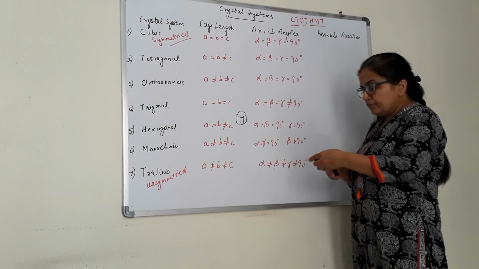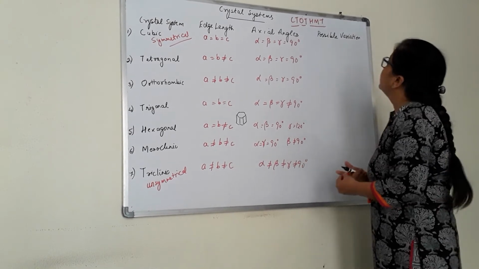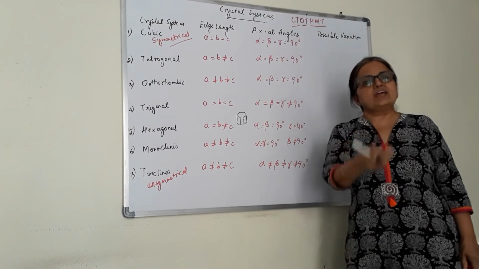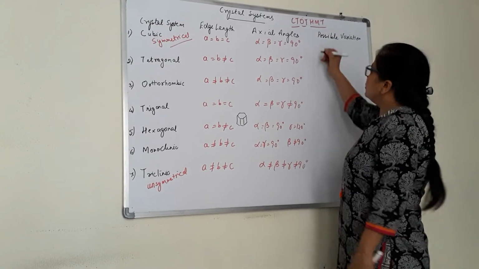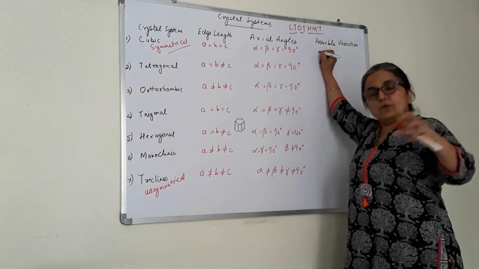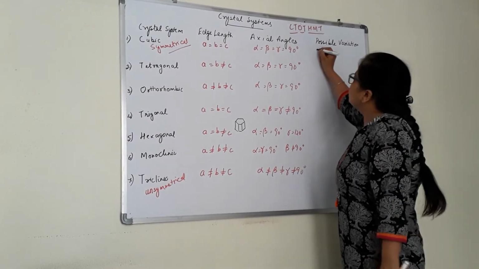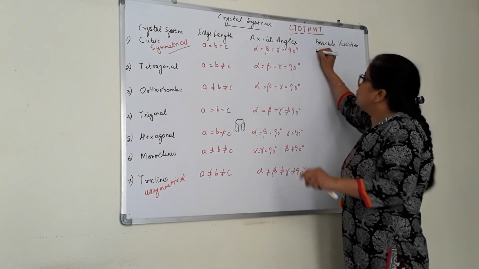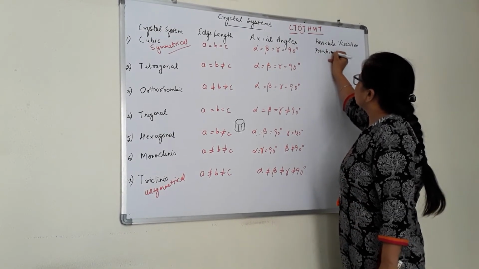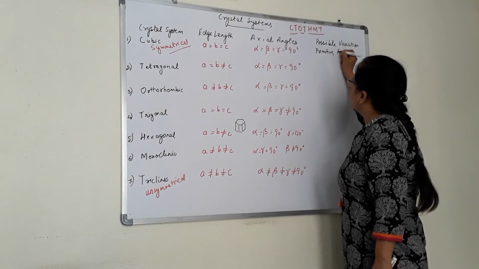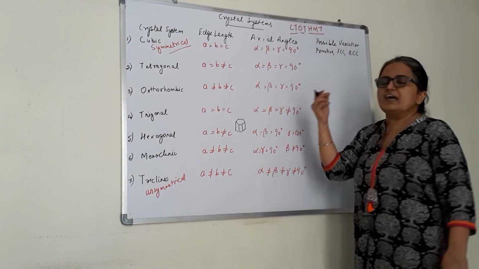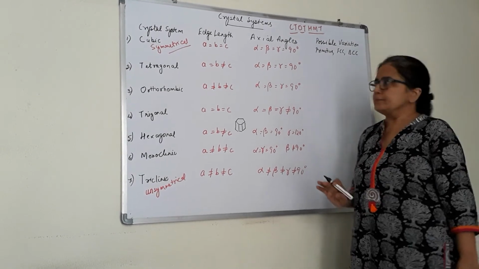Now listen, what we have to write in this: the possible variations. See, we have studied just now 4 types of crystal systems. So you can remember like this. The first one, there are 4 crystal systems we have studied. The first one has 3 of them: it has primitive, it has body centered, it has face centered. This one does not have the last one, the end centered.